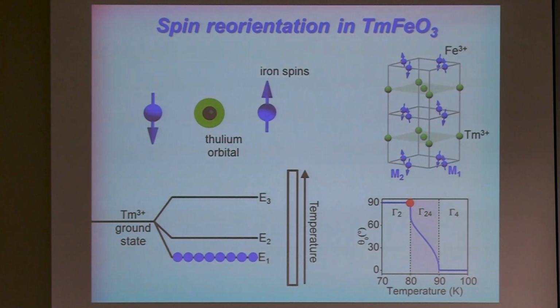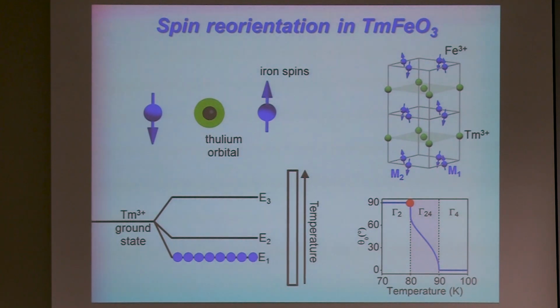Now I will tell you a little bit more about this material. It has two magnetic sublattices coupled antiferromagnetically, while the orientation along which the spins are aligned is set by the orbital state of thulium ions. At very low temperature, only the lowest sublevel of the thulium ground state is occupied, and it favors the alignment of the spins along the z crystallographic axis. As the temperature goes higher, the higher orbital states become occupied simply due to the Boltzmann distribution, and at some point the orientation of spins in the orthogonal x direction